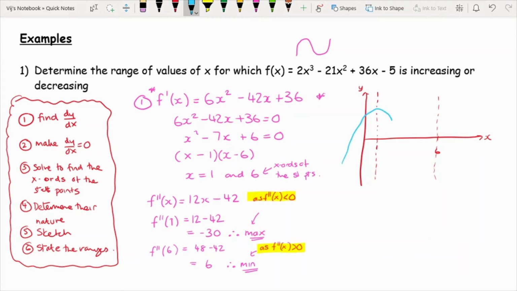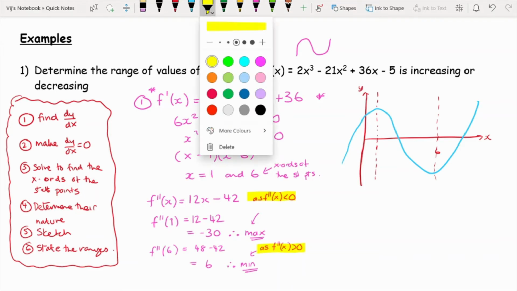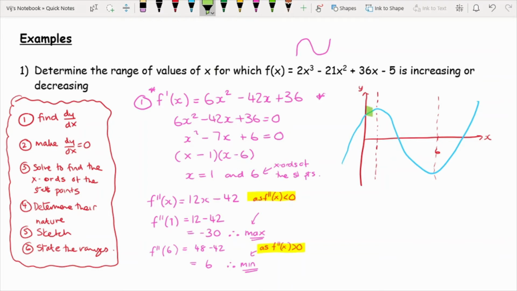Now as long as it peaks and troughs at those particular points, that's all that matters. So if I go for 2 colours, it's going to work. Yeah, there we go. So let's go for light green. So for where it's increasing, that's this part here and this part here. So I can say that it's increasing